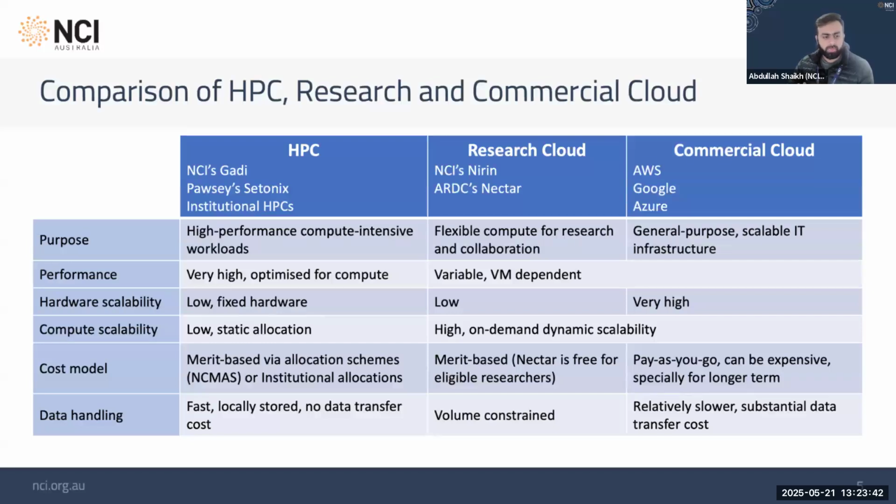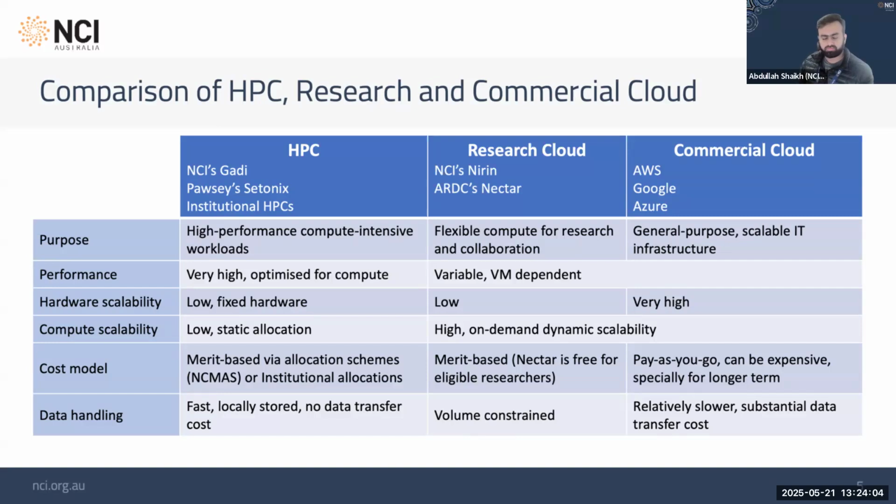As far as hardware scalability is concerned, HPC systems have relatively low hardware scalability because the hardware is fixed. So if you want to get your hands on the latest GPU or CPU, that might not be available in the HPC cluster that you have access to.